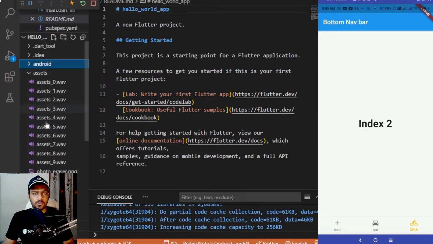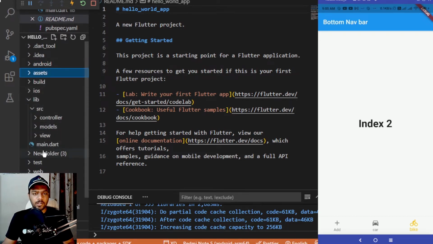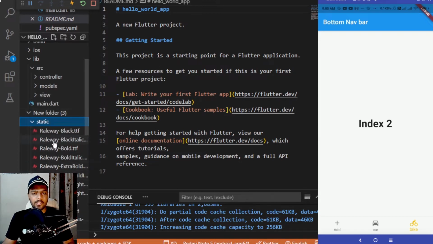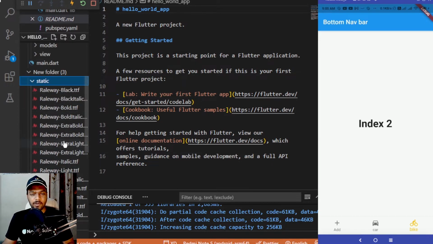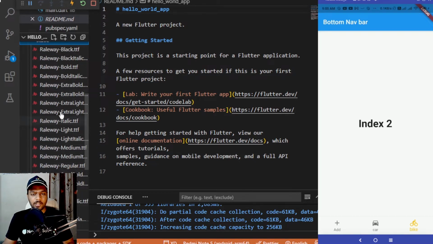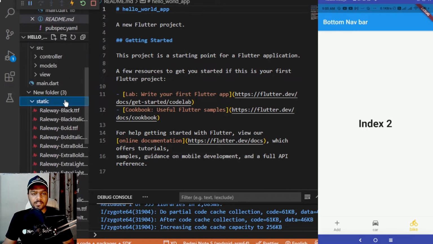So where it has gone, it was with the name new folder 3, and it has the static files, Railway italic version, Railway variable, railway.zip, which I just unzipped. These are all the static directories for the Railway font which we downloaded, like Railway regular, medium, semi bold, thin, thin italic, extra bold, extra light, and so on. So these are all the things which are available for a font when you are downloading that particular font inside your computer or unzipping the file for that computer.